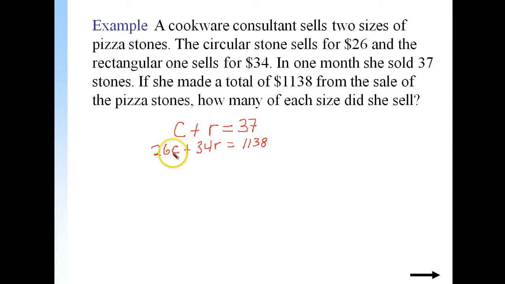Here's the cost of the circular, cost of the rectangular, and that'll give you a total amount of money. So again, this could be done by, probably, well, I don't know, we could use substitution. But again, just to show you the difference,